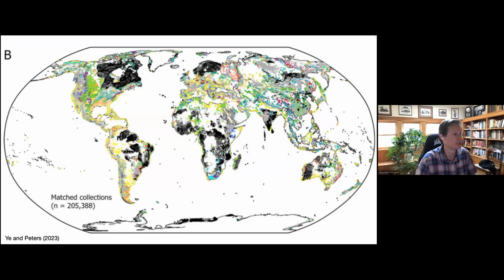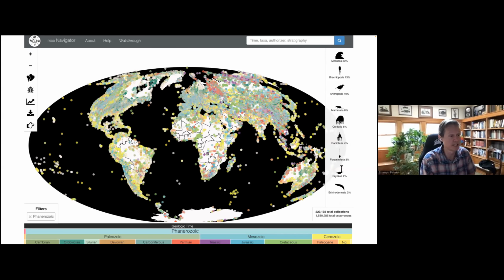It's a little fuzzy here in this representation, but these black fields are Precambrian crystalline basement rocks that obviously are not going to have any fossil occurrences in the paleobiology database, no matter how well sampled it is globally. And you can see that there are particular regions of the continental crust that have a large proportion of Precambrian crystalline basement rocks at the surface, or Precambrian sedimentary rocks, which obviously are going to be fossil limited as well. And so some of the spatial disparities you see in this representation here are due to bedrock geology,